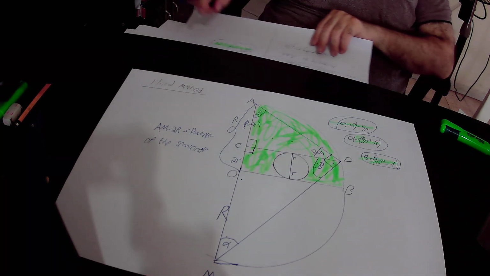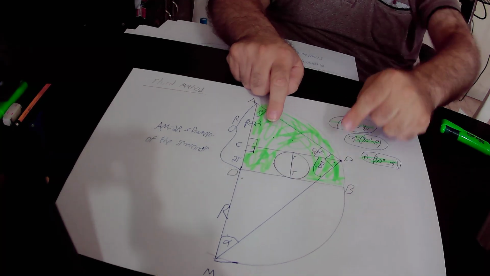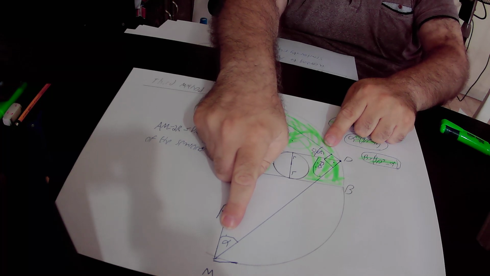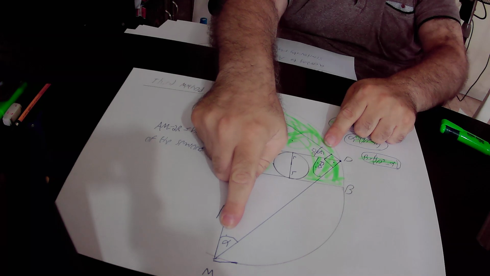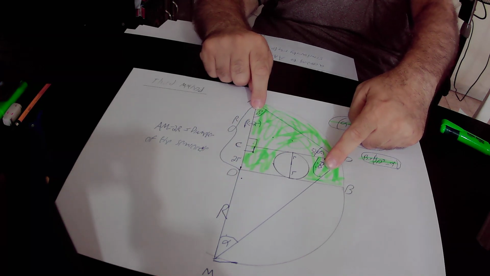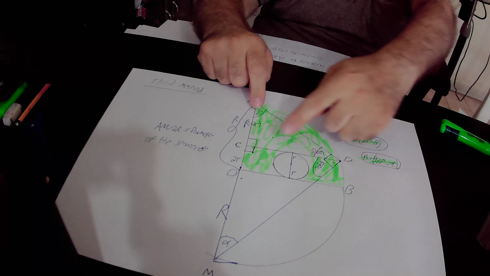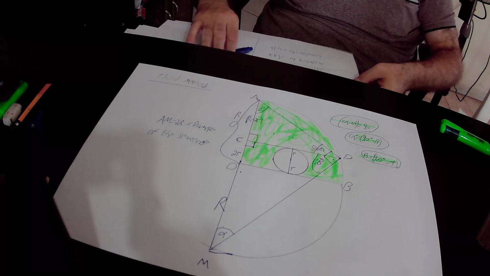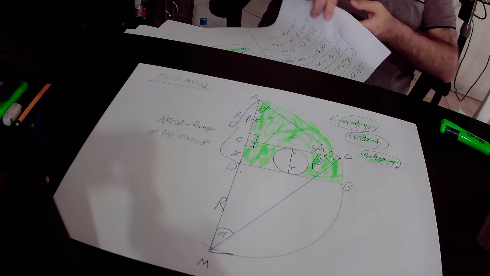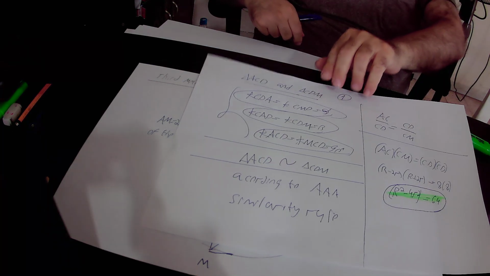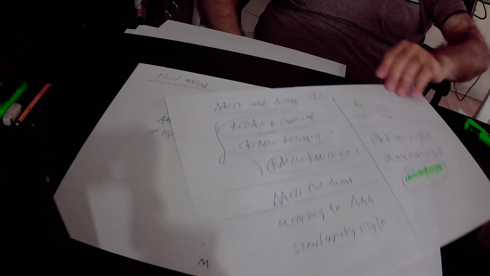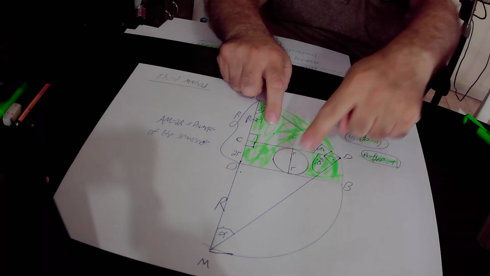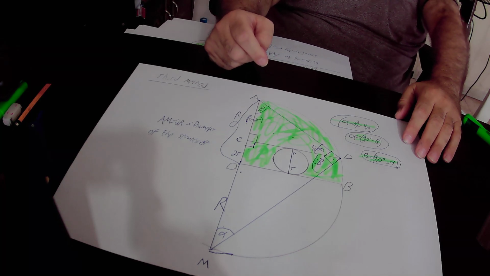Okay, so why are those two right triangles similar to each other? First of all, those two angles are both equal to alpha, therefore they are equal to each other. In addition, those two angles are both equal to beta, therefore they are equal to each other. And finally, those two angles are both equal to 90 degrees, therefore they are equal to each other. So we prove that those two triangles are similar to each other according to the angle similarity rule. And from the fact that those two right triangles are similar to each other, we will derive that